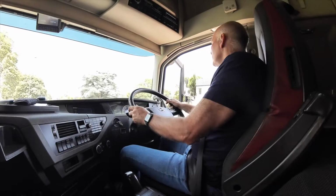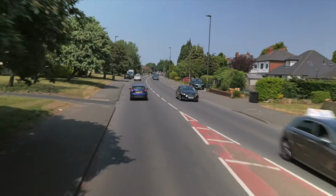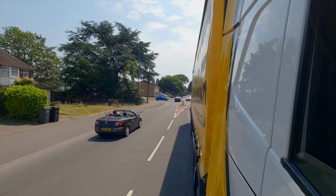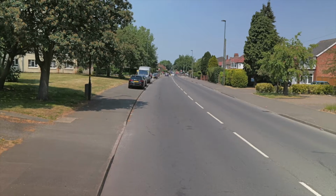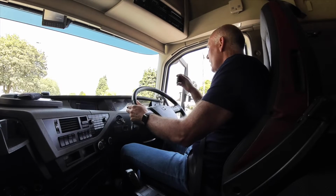Signal left. Nice and smooth, nice and smooth. After this first drop curb and before the second drop curb, check your mirrors. Use your mirrors now for position as well. Make sure the back of your trailer's cleared that at the back, which it has. And park brake on. And now he will say to you, please follow the road ahead when it's safe to